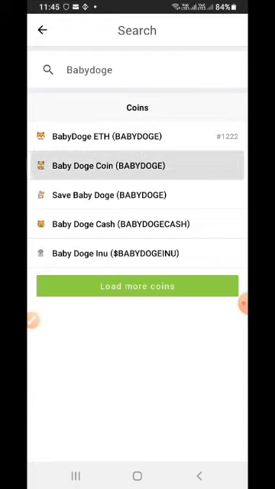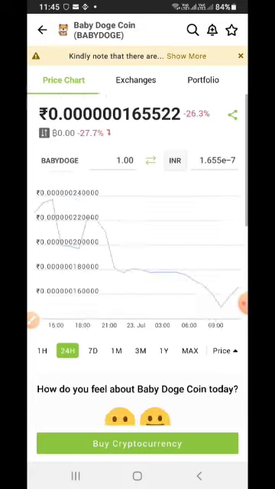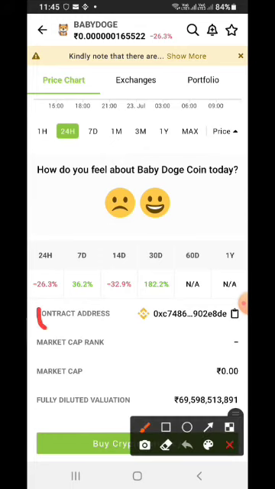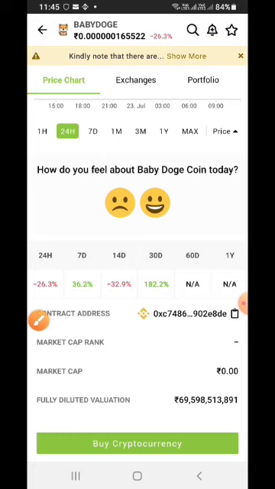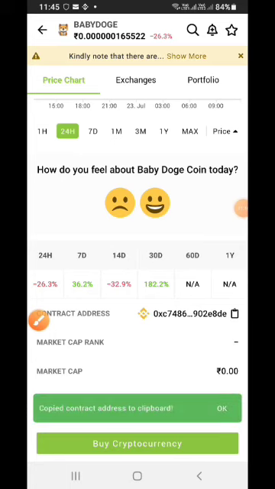Here, click on Baby Doge BSC token. Just observe this, it is BNB. You can buy only BNB tokens. You can buy this coin. Click on copy.